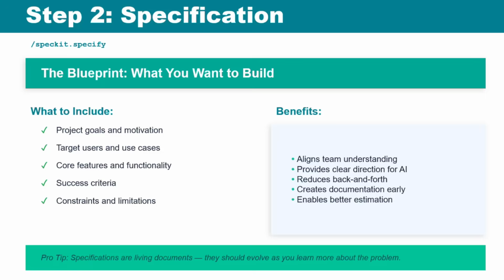You work small, just like you would if you were specifying out all the user stories in Jira or DevOps or whatever it is that you're working with. And you will target what the users are, the use cases. Like I say, the first iteration, you always want to start with the MVP, maybe just the project structure itself. And then you just keep iterating through it as you go.